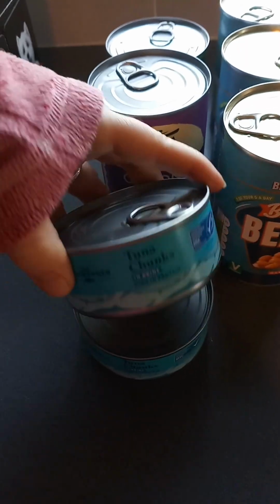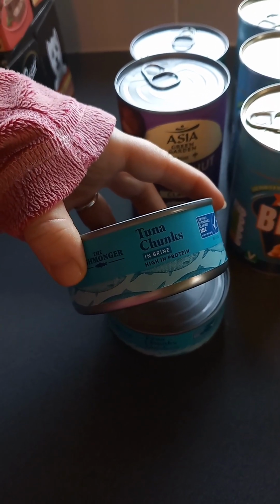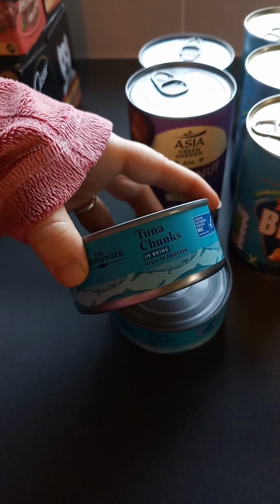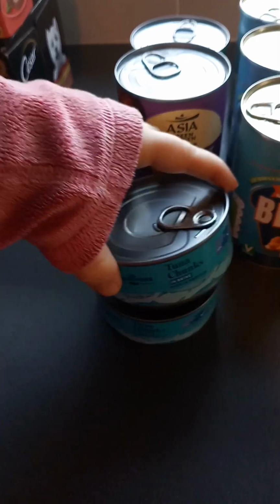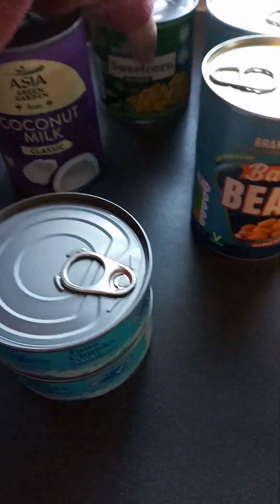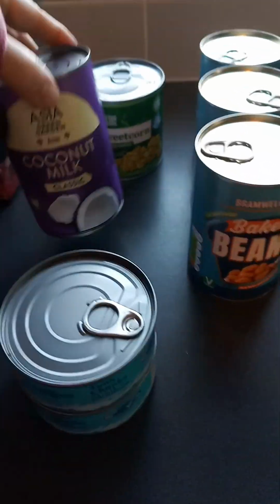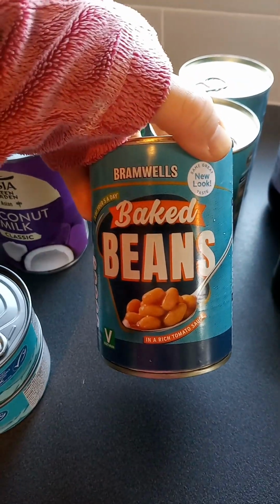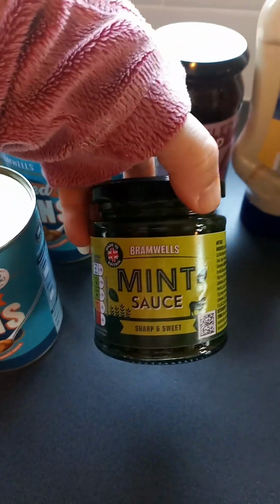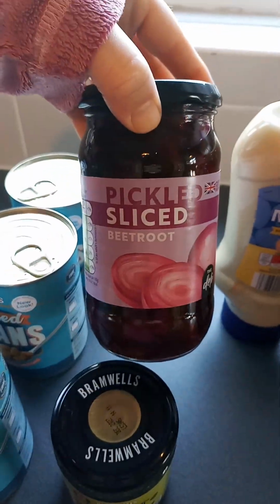2 tins of tuna chunks. I will use this for jacket potatoes, tuna jacket potatoes. I'll make a tuna pasta bake casserole, and also they're handy for tuna sandwiches. And he's got some sweet corn for if we want to do tuna and sweet corn. We've got coconut milk, 3 tins of baked beans, a mint sauce because he can't go without having mint sauce on his roast dinner, some sliced beetroot,